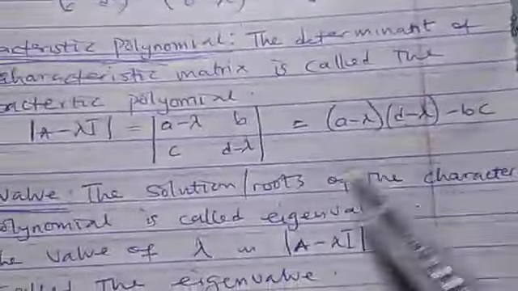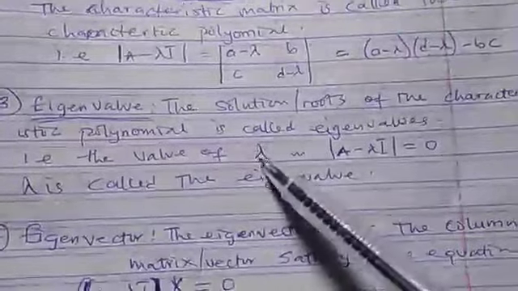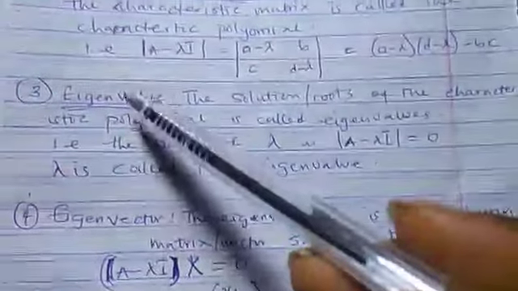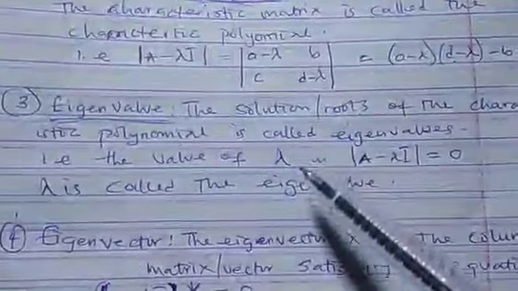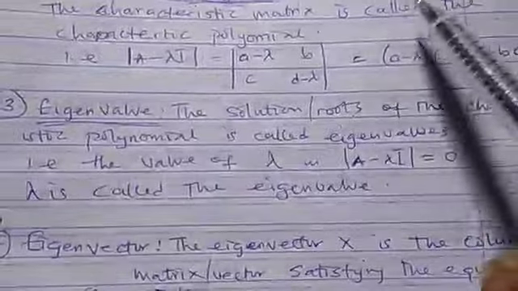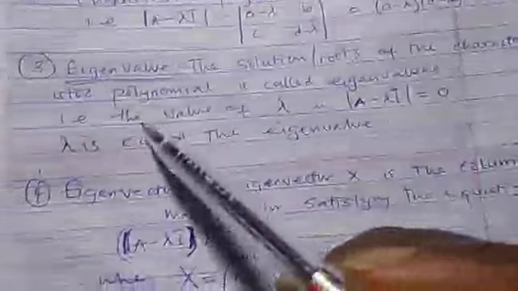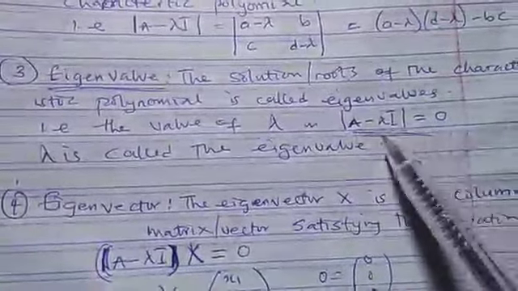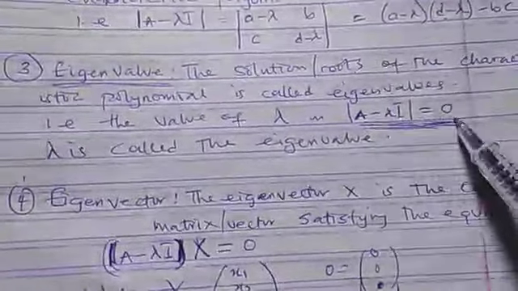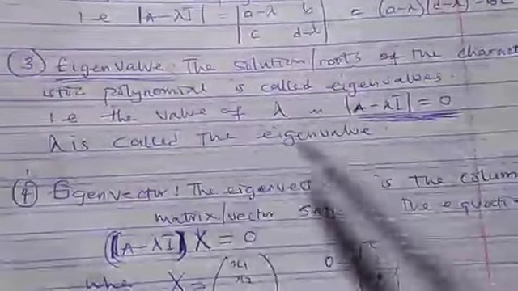So we say that the solution or root of the characteristic polynomial, that is the solution to this when we equate it to 0, is called eigenvalues. So that is that lambda we have been talking about. It is that lambda that is called eigenvalue, the value of the solution of the characteristic polynomial. So this is how to write eigenvalue: A minus lambda I is equal to 0. So the lambda gives us what we call eigenvalue. If they now say eigenvector